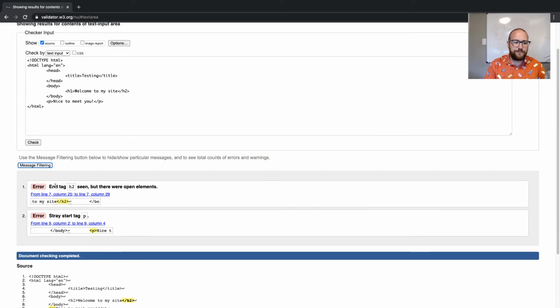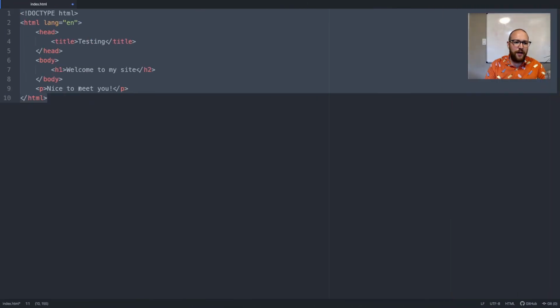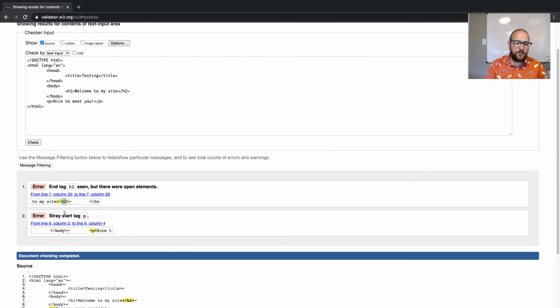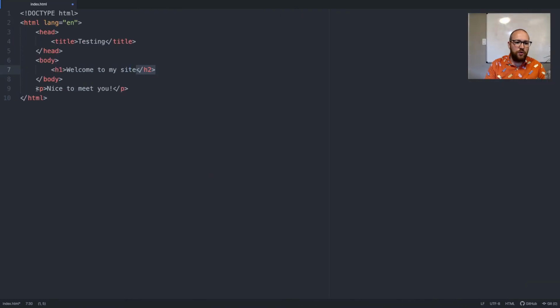There we go. End tag H2, but there are no open elements, which means that you're closing an H2 on line 7. So if I go back to my editor, here's line 7. Look at that. It even tells me what line it is, and it's saying I'm closing an H2. So it got that right. It also says stray start P tag. And this one might throw you off a little bit, but stray means it's outside of the body. So if I were to go ahead and fix all these errors,